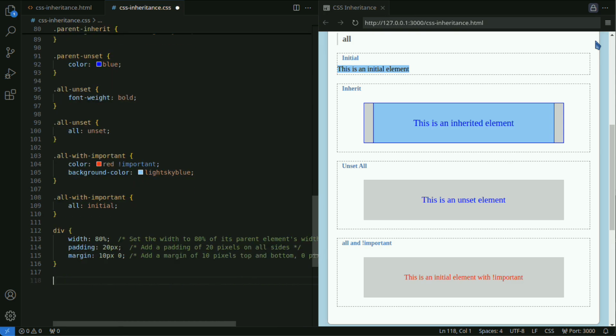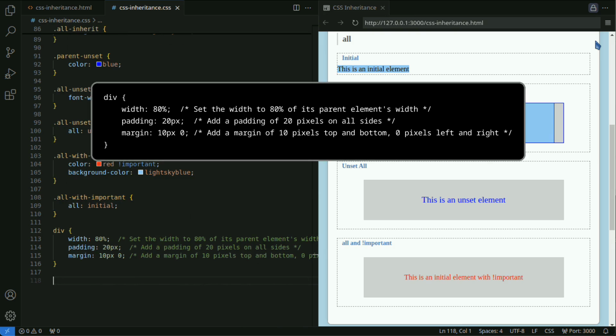Next, let's look at the differences between block level elements and inline elements. Block level elements always appear on a new line and expand to the full width of their parent element. Thus, you can freely set the width and height. You can also set margins and padding in all directions, and it will affect all sides.